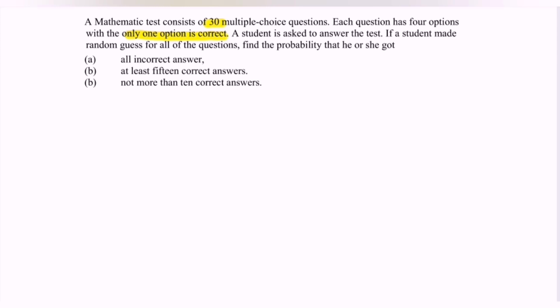In this case, we have the hint in the title. X is binomially distributed with 30 and 0.25. Why? Because they mention that each question has 4 options and only one option is correct, so 1 over 4, which is 0.25. So number 1,